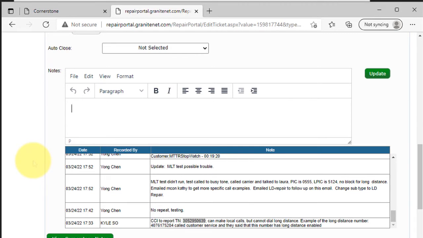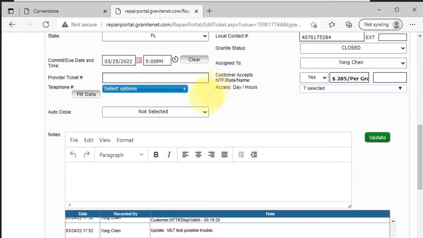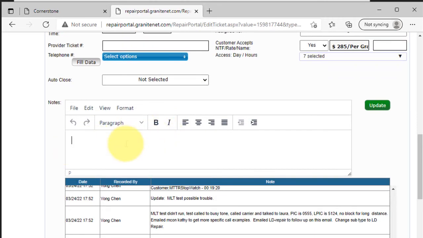And of course, when we're talking to the customer, we'll have them do all 3 tests, and then we can hang up, and we'll give them about 5 minutes. We'll call back 5 minutes later to get all the information, right? So we just went over the first call sample that we need, which is the regular long distance call sample. So let's pretend we talked to Kathy. We gave her that little spiel, and she's going to go and make that test. So once she actually makes that test, say we call back, this is the format I usually write it in, right? So I say, called